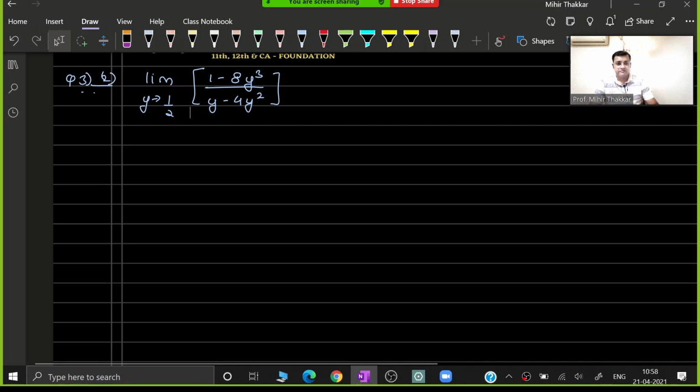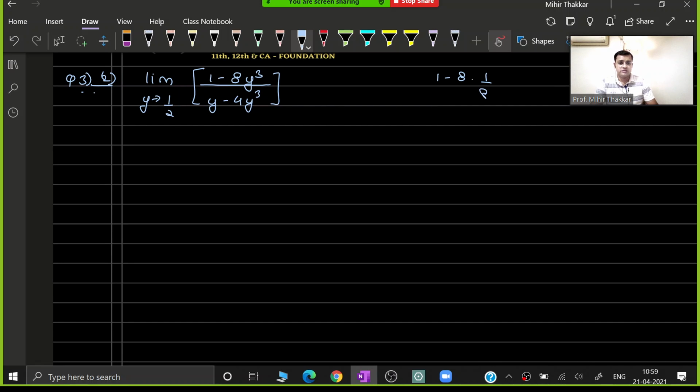So in this sum, once again guys, if you do the direct substitution, if you can understand by observation, it's great. But if you cannot understand by observation, no worries, you can still substitute the value. So I will get the value over here, 1 minus 8 into 2 cube, that is 1 upon 8, half minus 4 into, yes, again 2 cube will make it 8, so 1 upon 8.